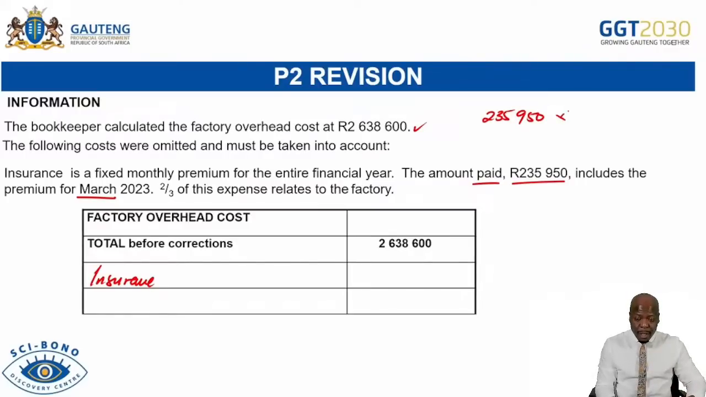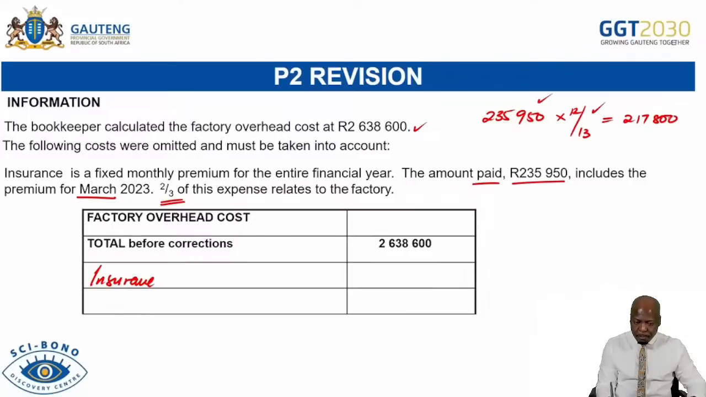We want 12 months, yet we are given 13. So you now say multiply by 12 over 13. It is very important that you adjust for the prepayment or the accrual before you can come to this allocation. So if you do that on your calculator, because of time, you guys have to punch in the calculator today. 235,950 multiply by 12 over 13. I think it will give you